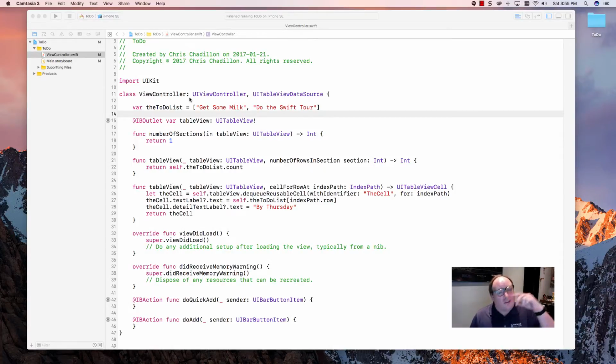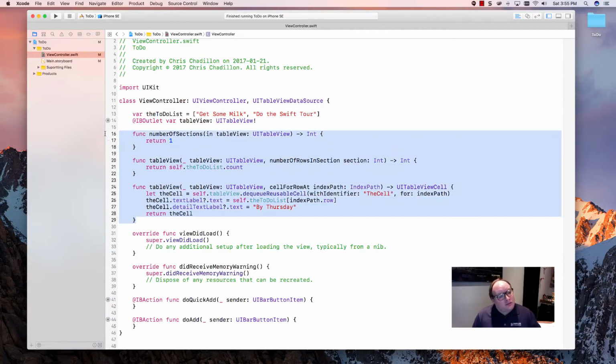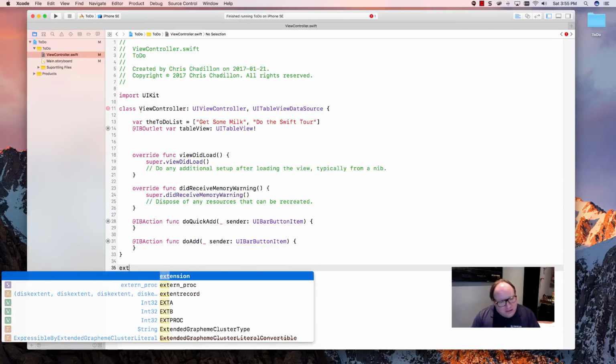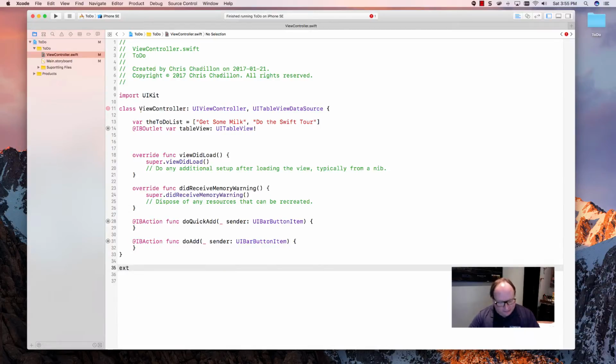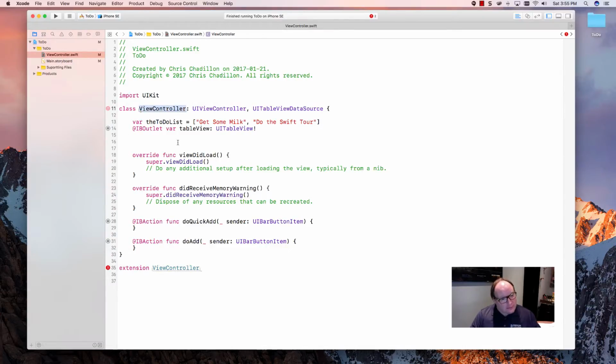Before we go too far, I want to show you a nice little feature of Xcode that allows us to keep our classes nice and clean. The first thing I want to show you is you'll notice that these 3 methods have to do with our data source, right? So we can actually cut those out, and I'm going to go down here to the bottom, and I'm going to make a class extension. So I'll say extension view controller, same type of class,